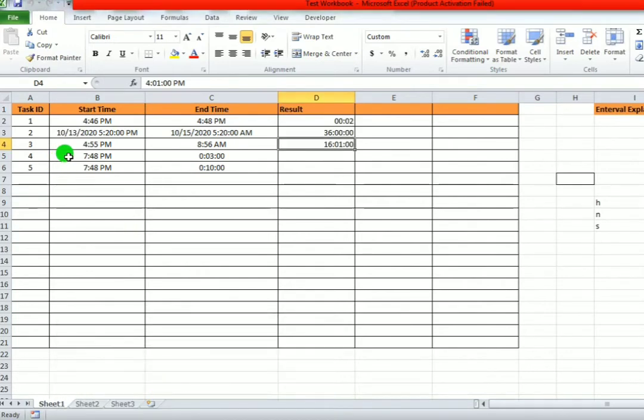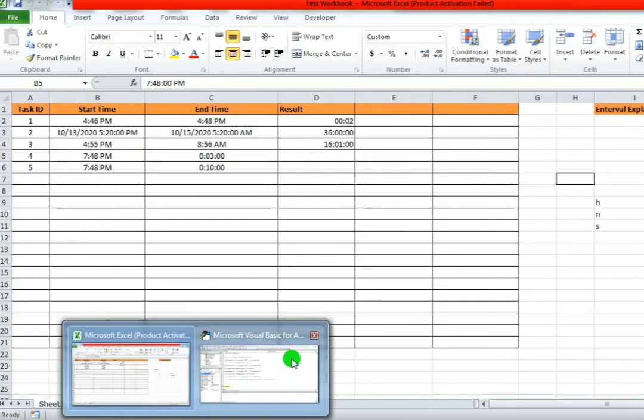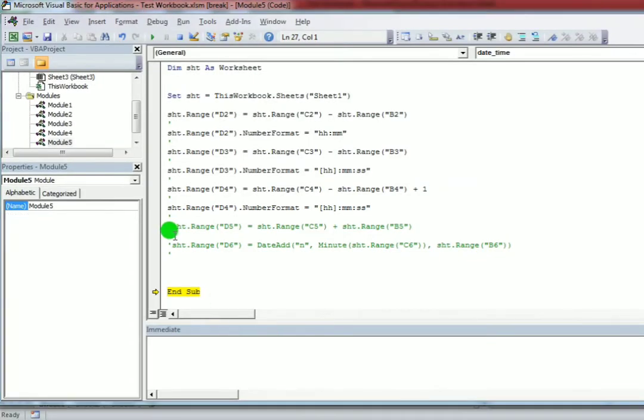In the next scenario, I just want to add 3 minutes to this time and get the output in D4. So how would I do that? Let me show you. First I'm uncommenting this, and I'm taking the control from this to this.